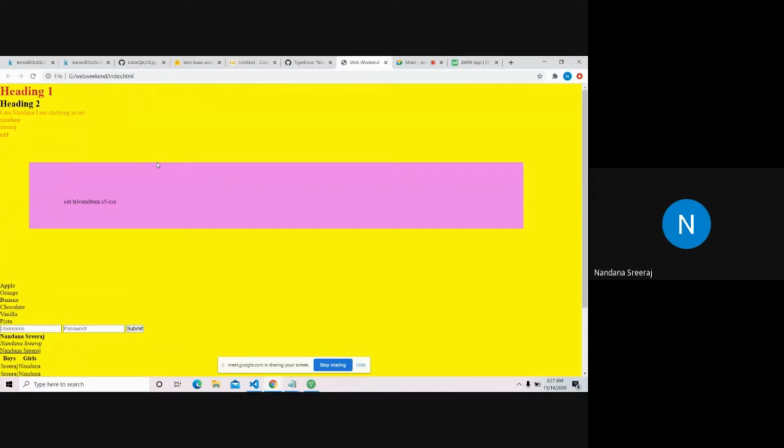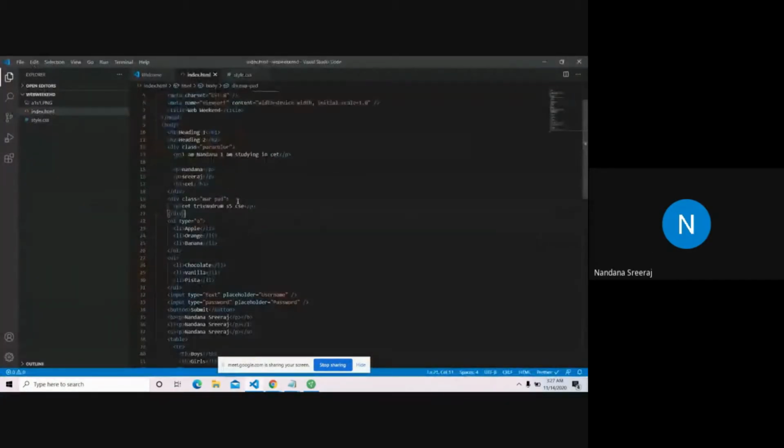If you have a lot of text, it'll be very good to see. I'll just give some random text and I'll show you. I'm just copying and pasting the same thing. I think it's enough.